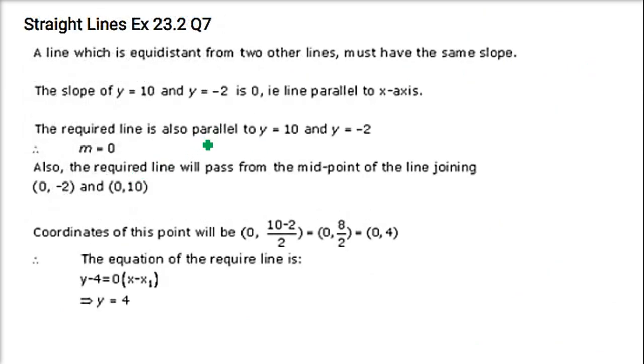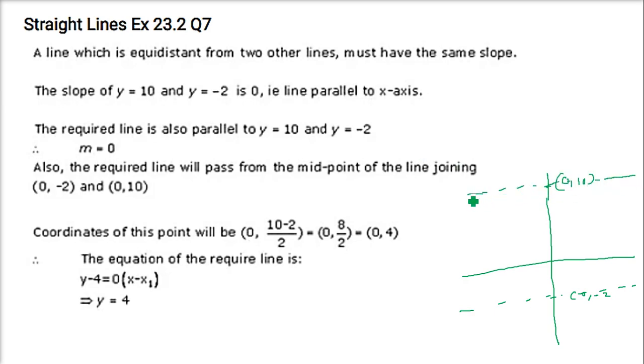Exactly the same question we are going to take, but we are going to solve it in a different way. Find the equation of a line equidistant from the lines y equals 10 and y equals minus 2. So now this y is minus 2. So this will be x is 0, y is minus 2. So here is a line. And then we have this, which says 10. So we have 0 and 10. So there is a line which is passing through this point which is equidistant. That is, this d1 has to be equal to d2.